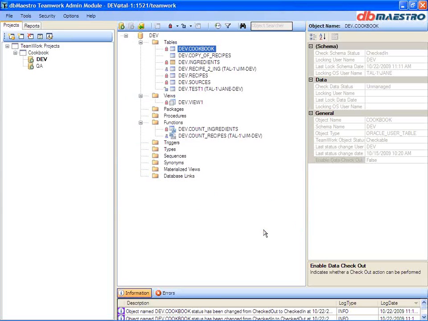So you notice that in this entire process, the one thing that I didn't have to do is deal with the DDL of the object at all. I didn't have to export the DDL. I didn't have to check the DDL into my SCM library. All of that is done automatically by Teamwork, so I don't have to deal with that, and